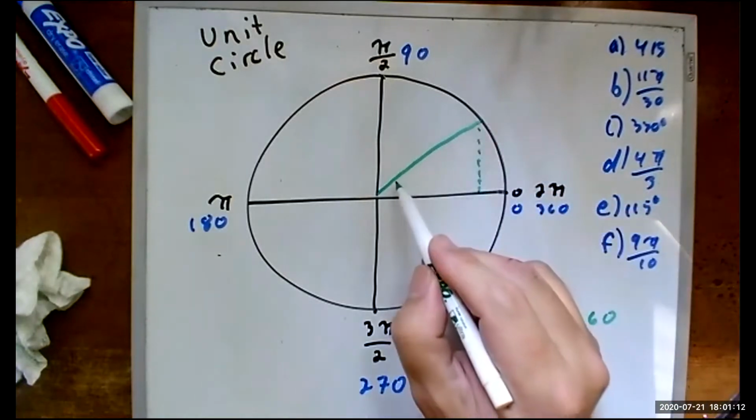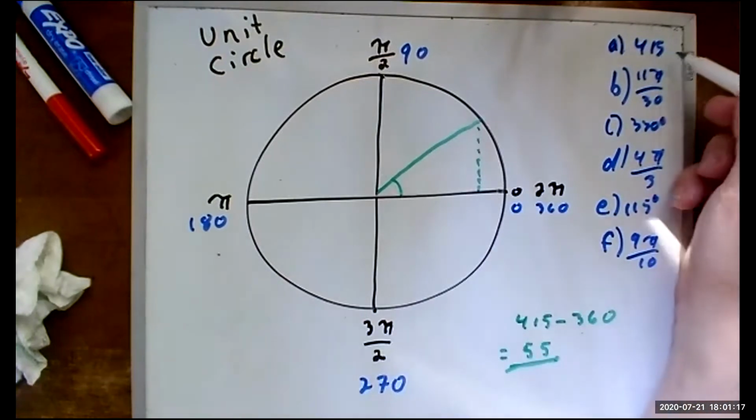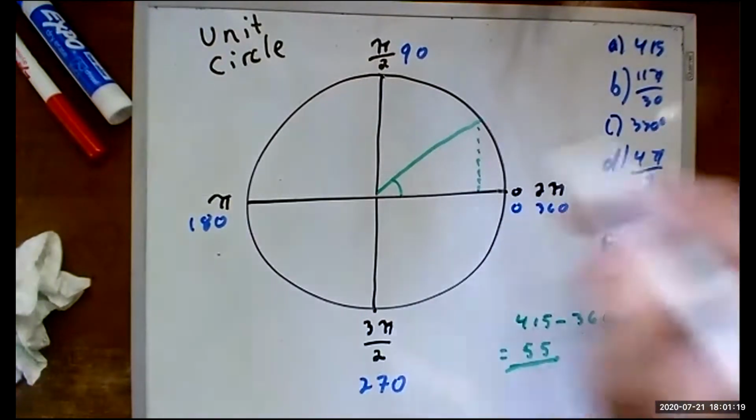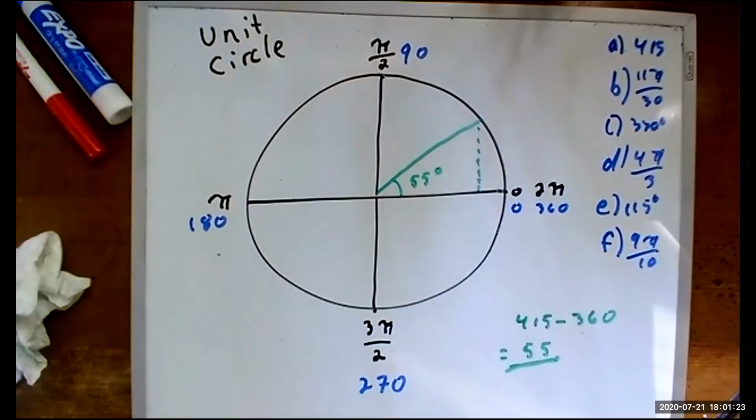That's our closest x-axis, so we can actually just take it as red, okay? 415, our reference angle, is going to be 55 degrees, and we're in quadrant 1. Okay,